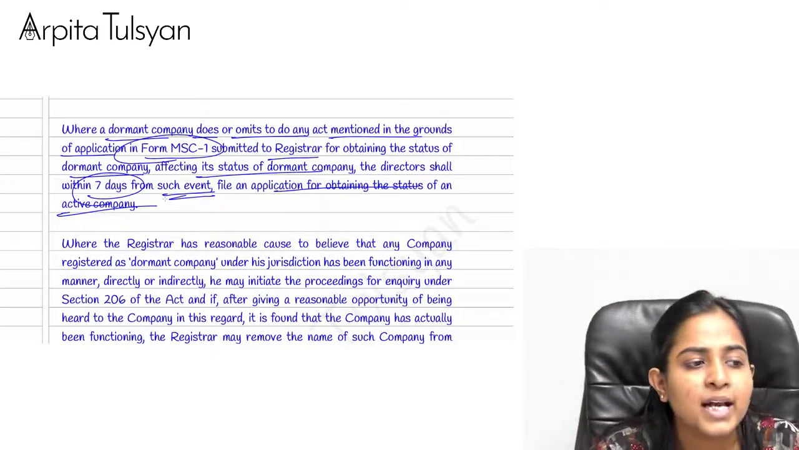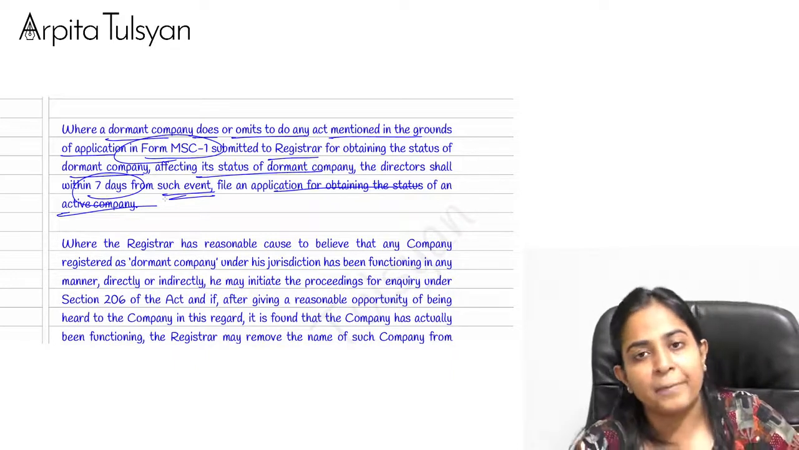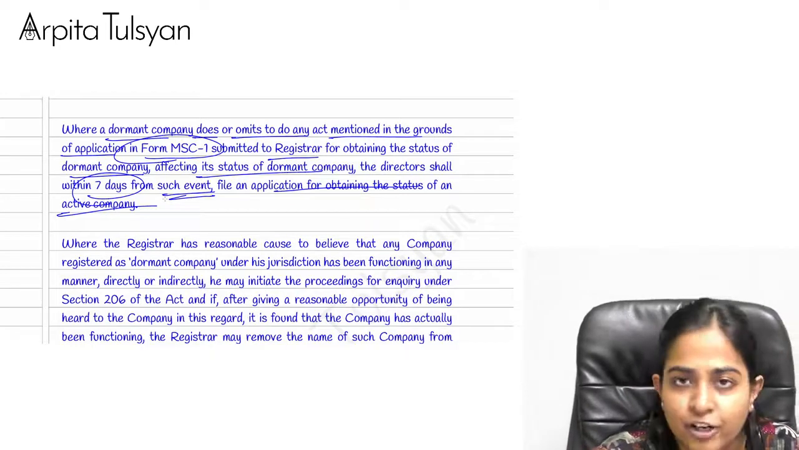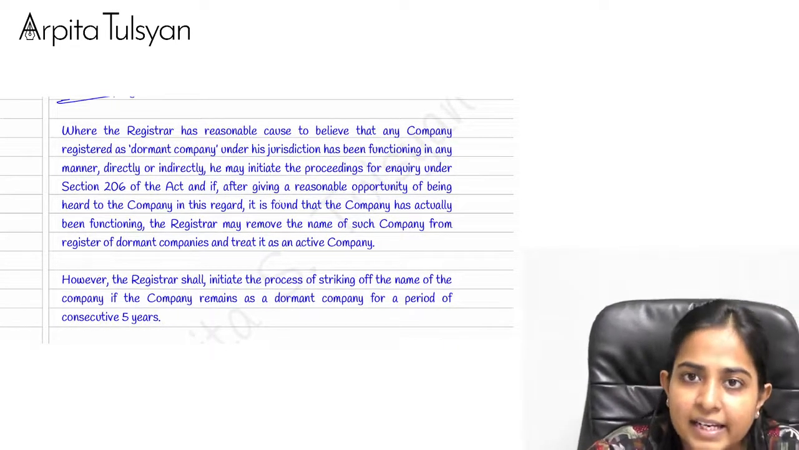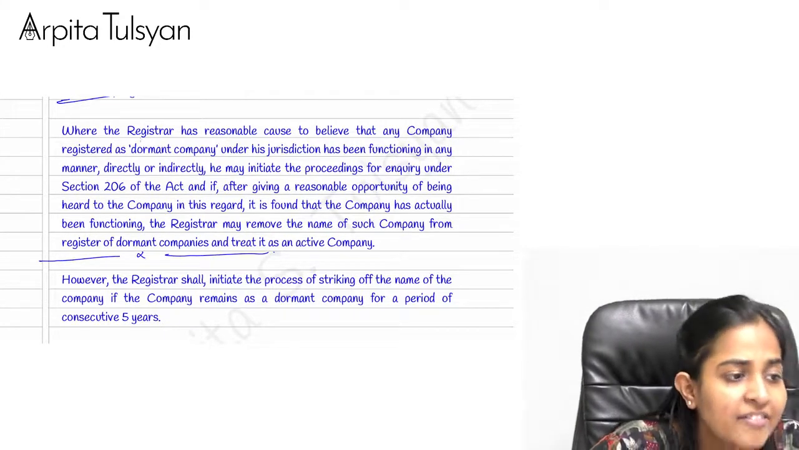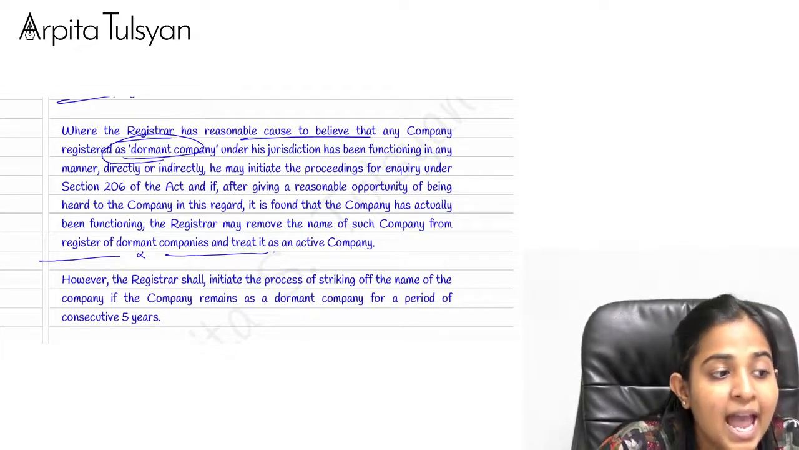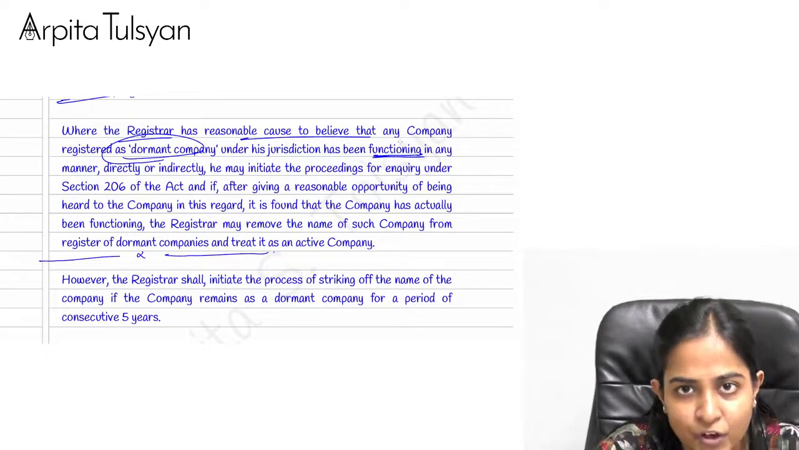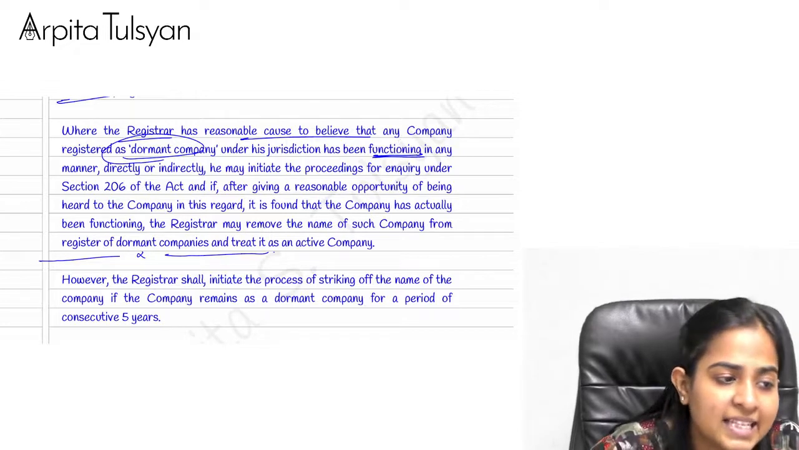As soon as that event takes place, which shows that you are an active company, then from that day within a period of 7 days, you should apply for getting the status of an active company. Very clear with this? And then the last part, which is coming in continuation, is where the ROC has reasonable cause to believe that any dormant company has been functioning. It means it has taken the status of a dormant company, but actually it is an active company. Then in that case, the ROC